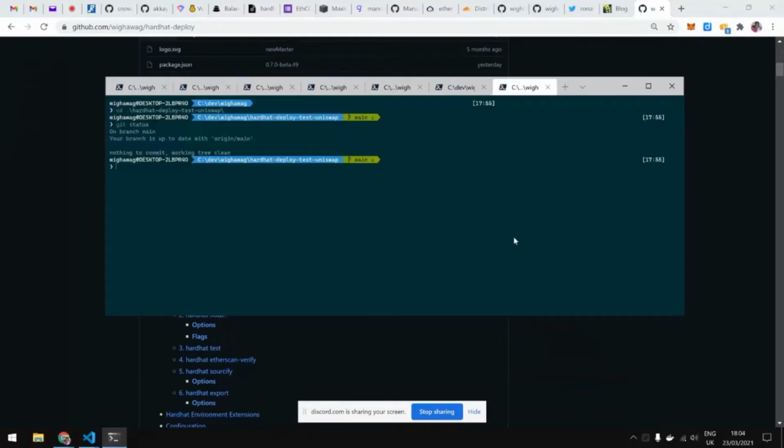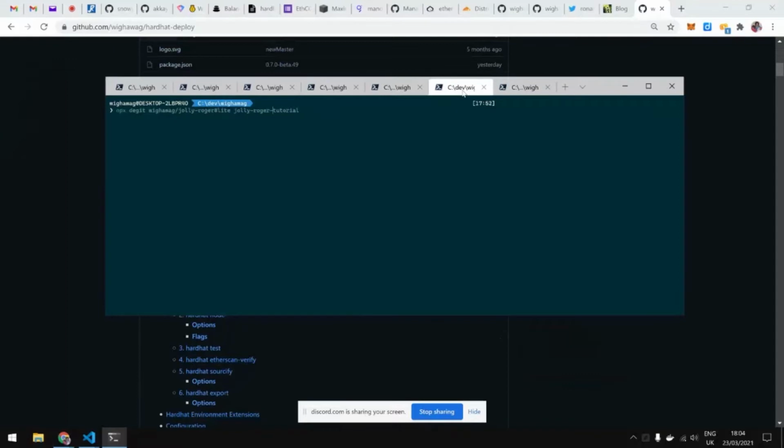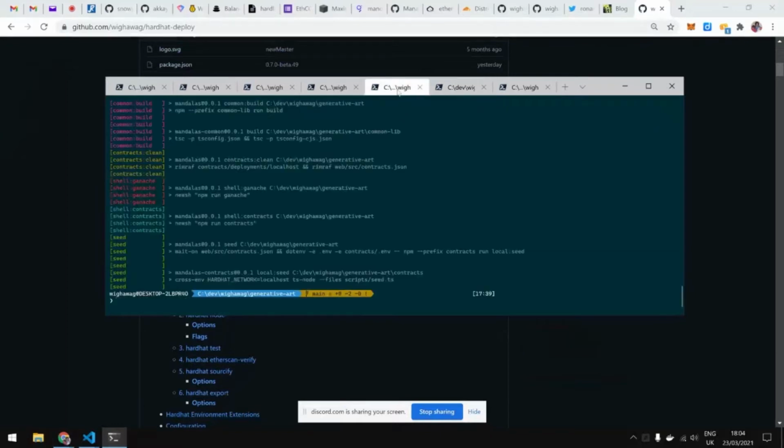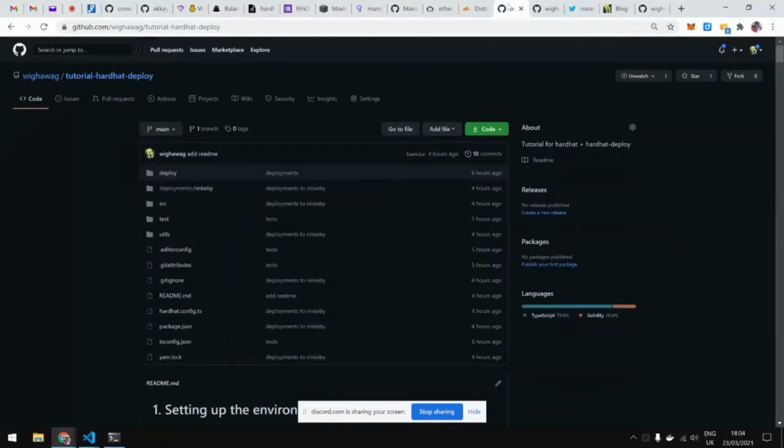So bear with me with how I will do this tutorial kind of thing, but I looked at the Hardhat tutorial, and it's something I wanted to do for Hardhat Deploy.